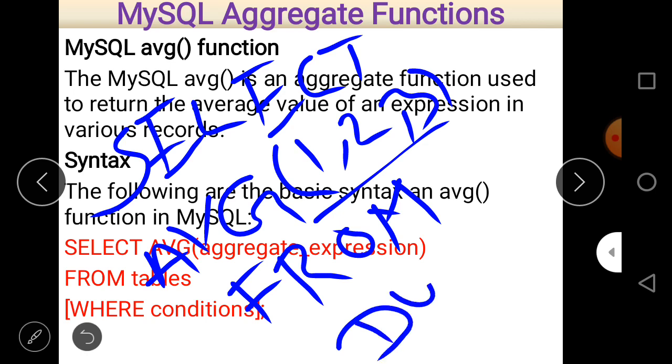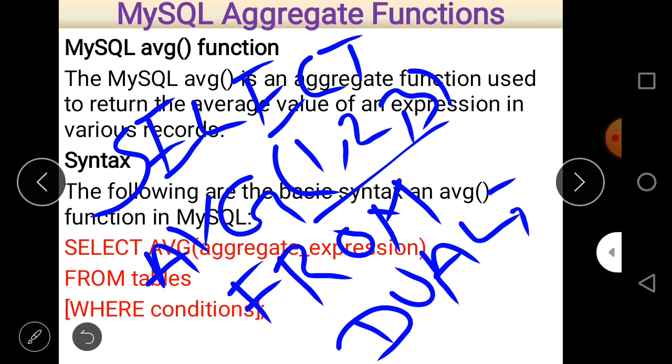It is a system generated table, a dummy table. So you can write it, and then after the semicolon, you can easily find the average of different values. It may be 2 values, 3 values, they may be integers or float values. You can easily calculate the average of different values. And if there is a table, then there is no problem at all. Just write the syntax that is given here.